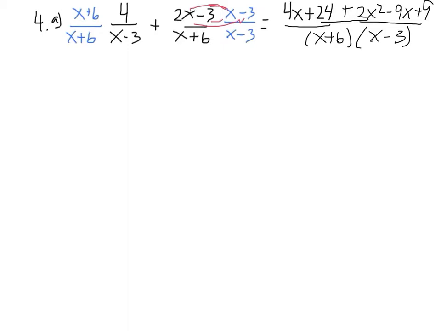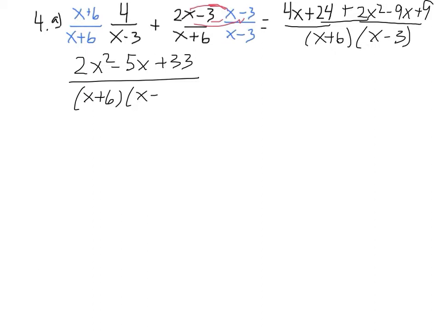I have, see, there's a 2x squared. I have minus 9x positive 4x, so minus 5x. 24 and 9 is 33. And this is already factored. I'm going to leave it factored just to see if something is going to cancel out. And looking at the numerator,